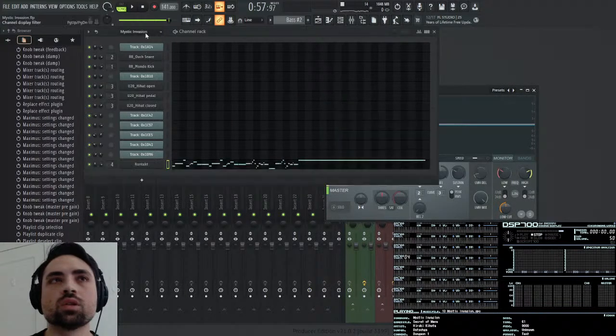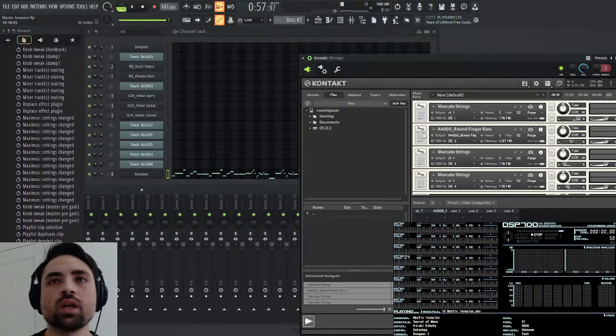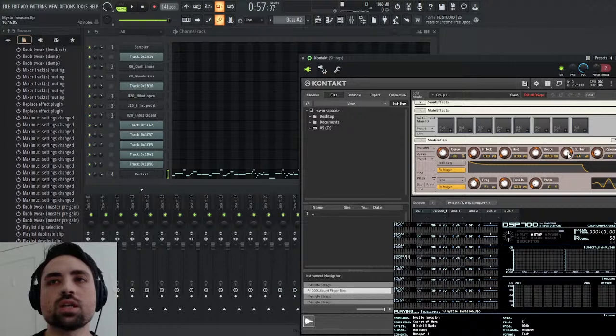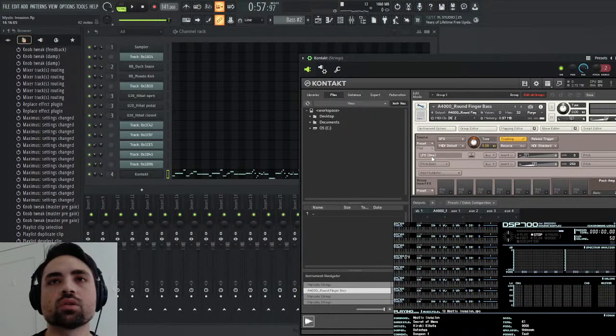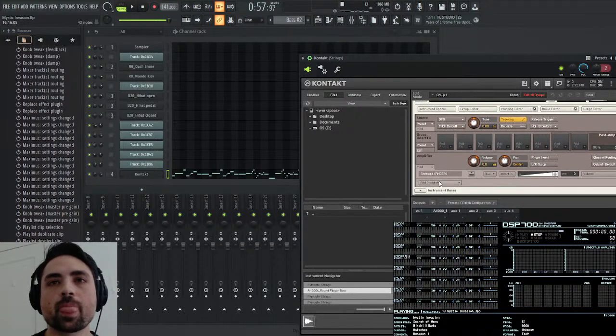So let me go into Contact. Wait, I had it. Let me take down the sustain. Actually, the sustain is already there. Let me see if I can add another modulator. So if I can go to amplifier, mod, and add another envelope.